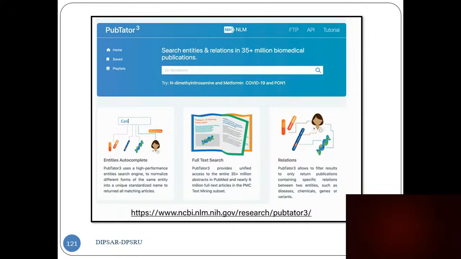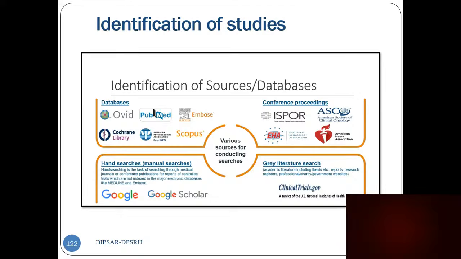If you are very new, then you can go with PubTator as well. From PubTator you can get the entities, and you can pull these entities into Excel files, and then you can identify the duplicates and make comprehensive files. And as I said, when we talk about,